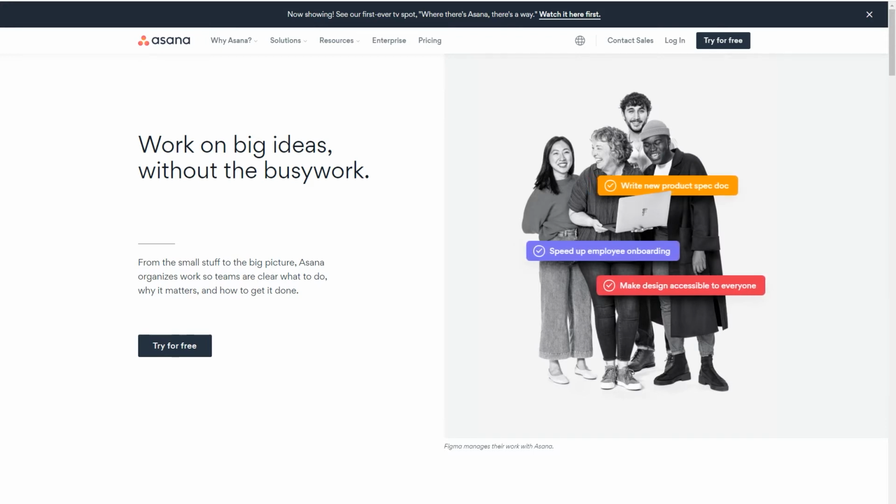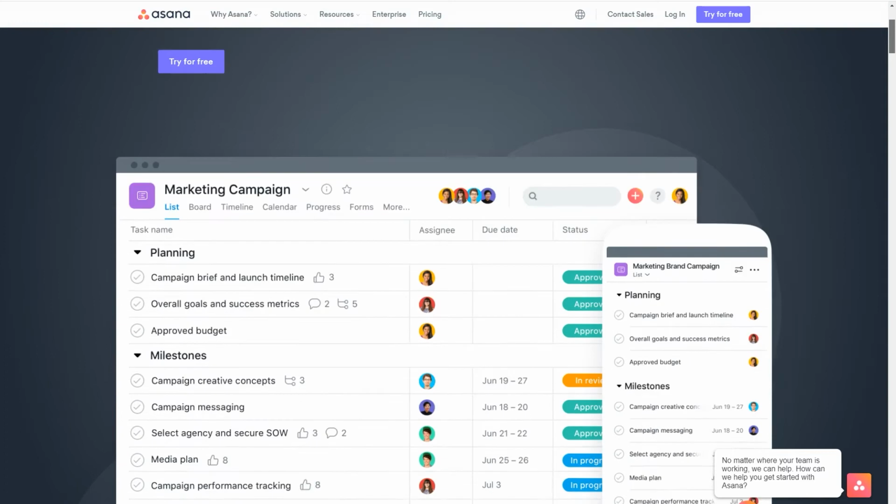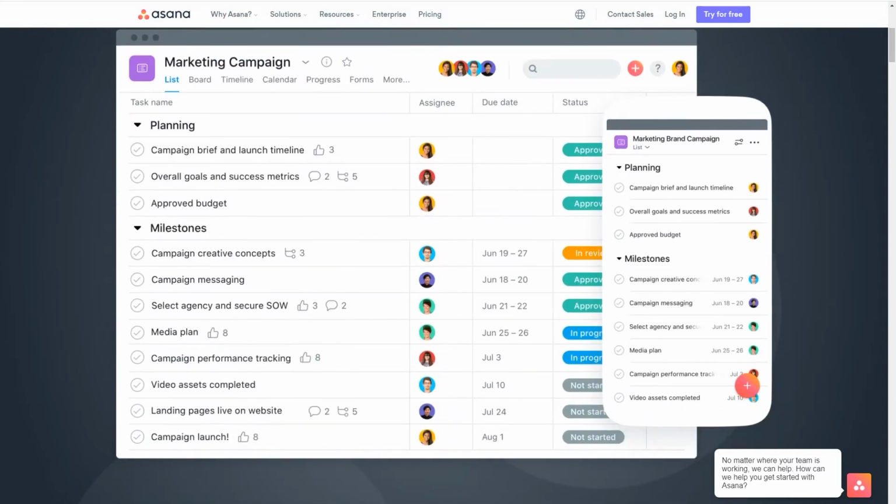So let's take a look at some of the features. Asana is the easiest way to manage team projects and tasks. It gives you everything you need to stay in sync, hit deadlines, and reach your goals. So here is just a little graphic that they've created to kind of show you how Asana is set up. So you can keep track of all of the things that are necessary to complete a project in your business. Then you can assign the tasks to members of your team, give it a due date, and then track the